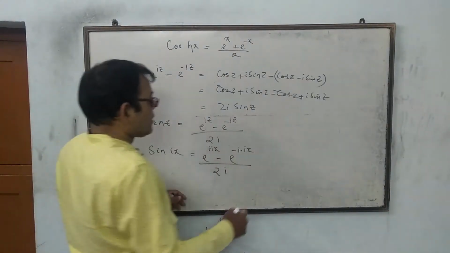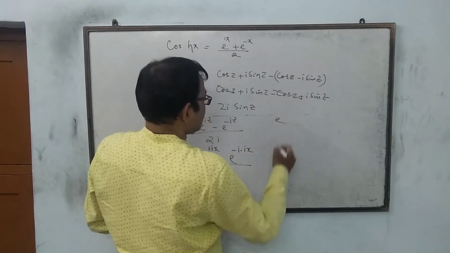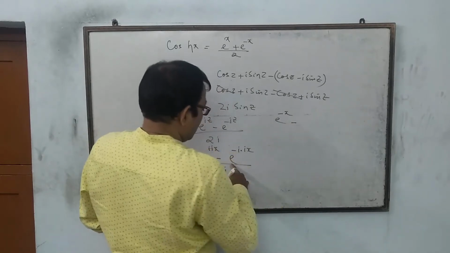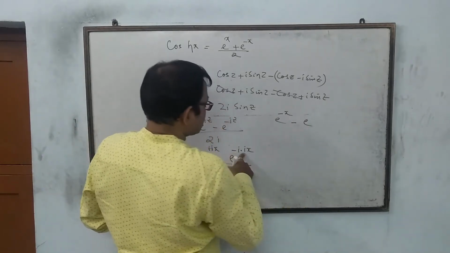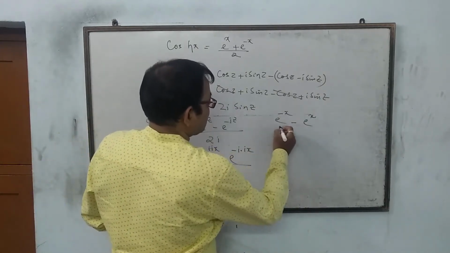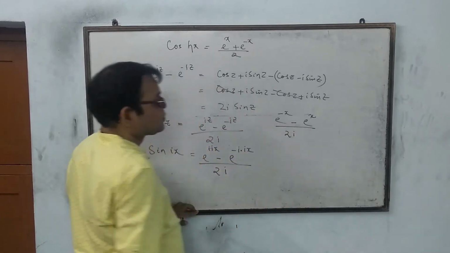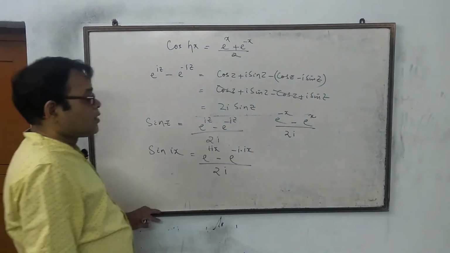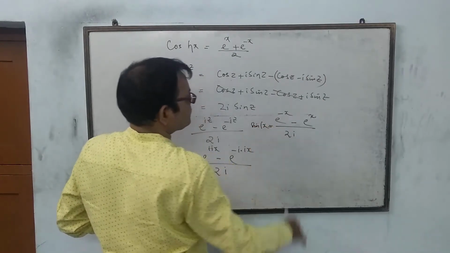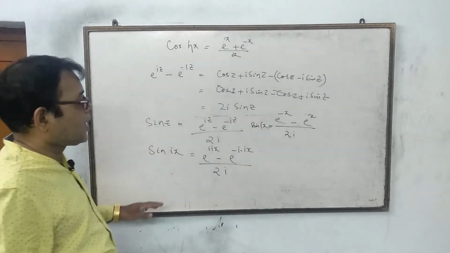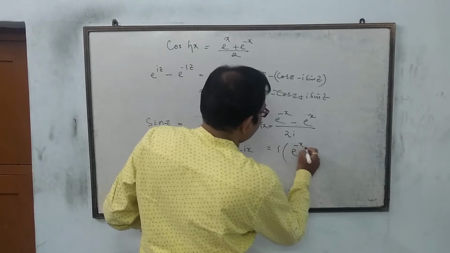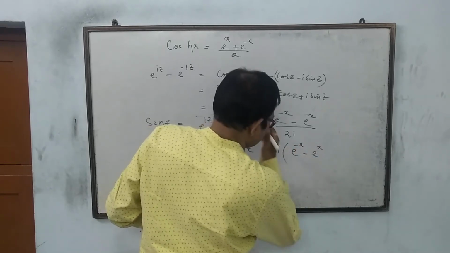So this one would be e to the power of i into i, that is i square, x, minus e to the power of minus i into i, minus i square, plus 1 into x, upon 2i. Which one? sin ix. If I multiply i on numerator and denominator, I get i into e to the power minus x minus e to the power of x divided by